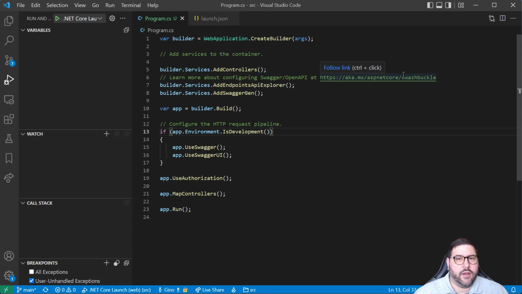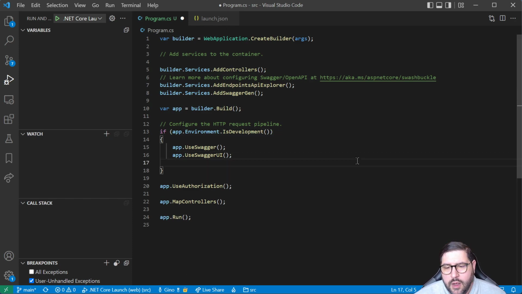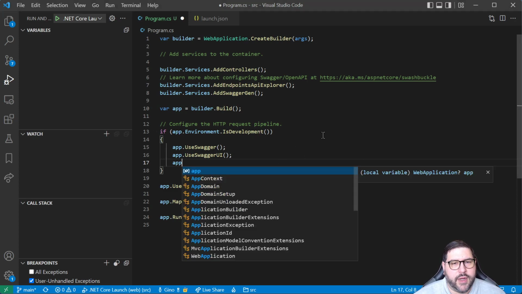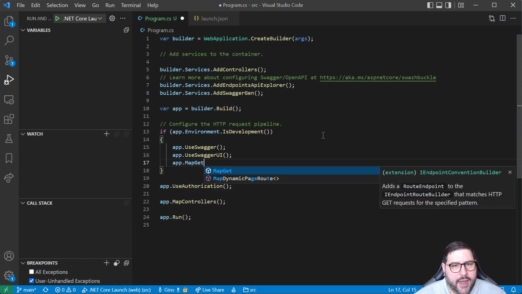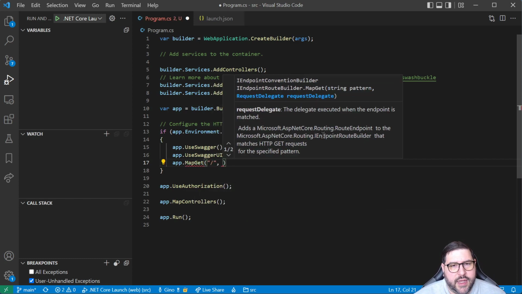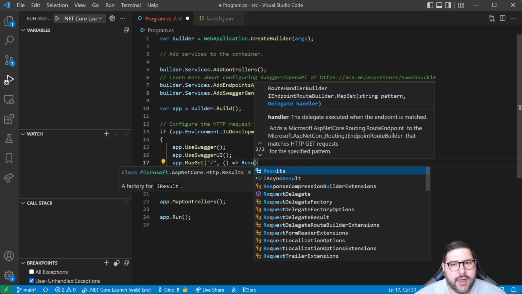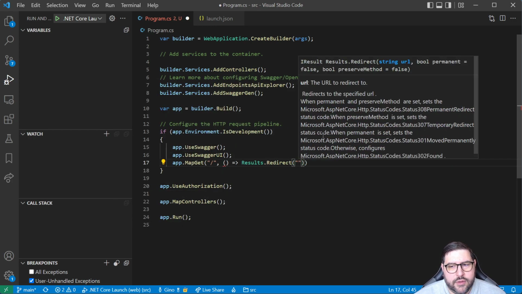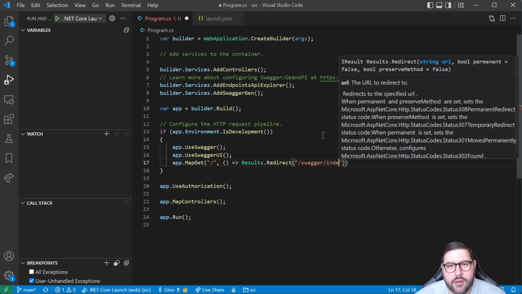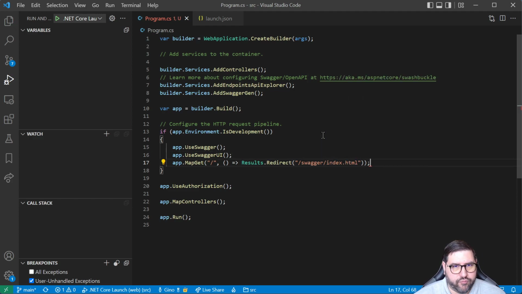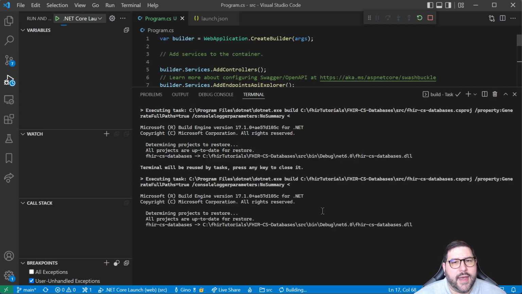If you look at where the Swagger things are hosted, they're actually hosted at /swagger/index.html. And we could just change our web page there, but we can also change it here. And I like that better. So we'll go ahead and just say only if we're in the development environment, then we want to add a map get. And we'll just take the default route and instead return a redirect to Swagger index.html. Perfect. And now when we run,